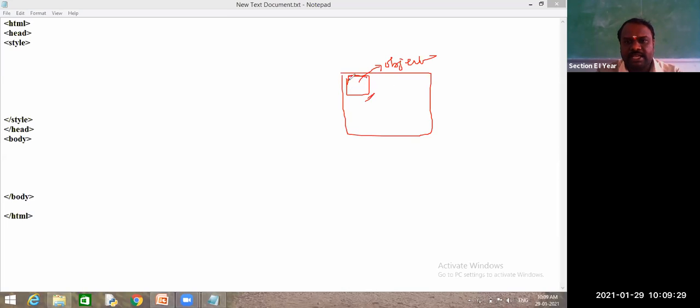For this empty element, to get this object, I will give width and height. That's it. I won't give any other. So I will take one paragraph element which does not contain anything. And when you write this paragraph, by default it will display something on your browser. So for example, example is one message which is printing on my browser.